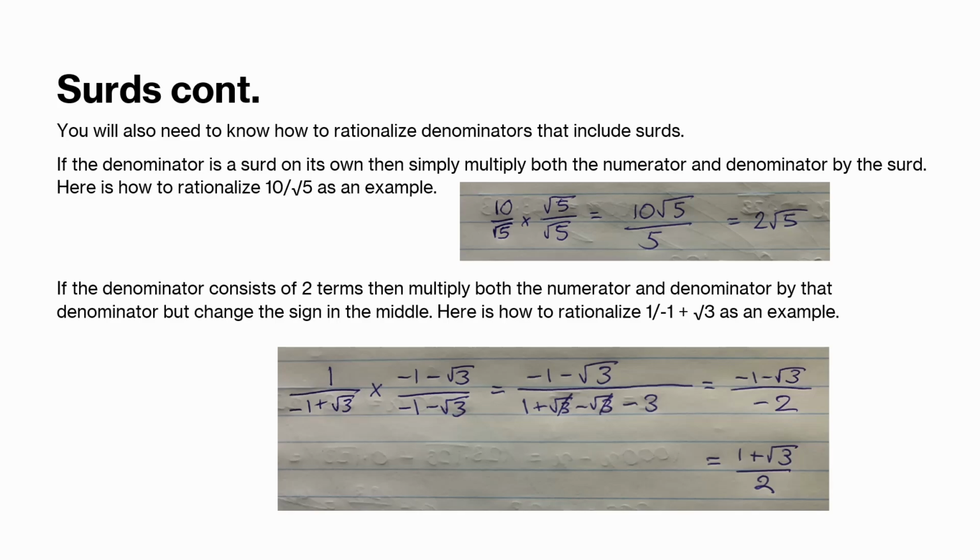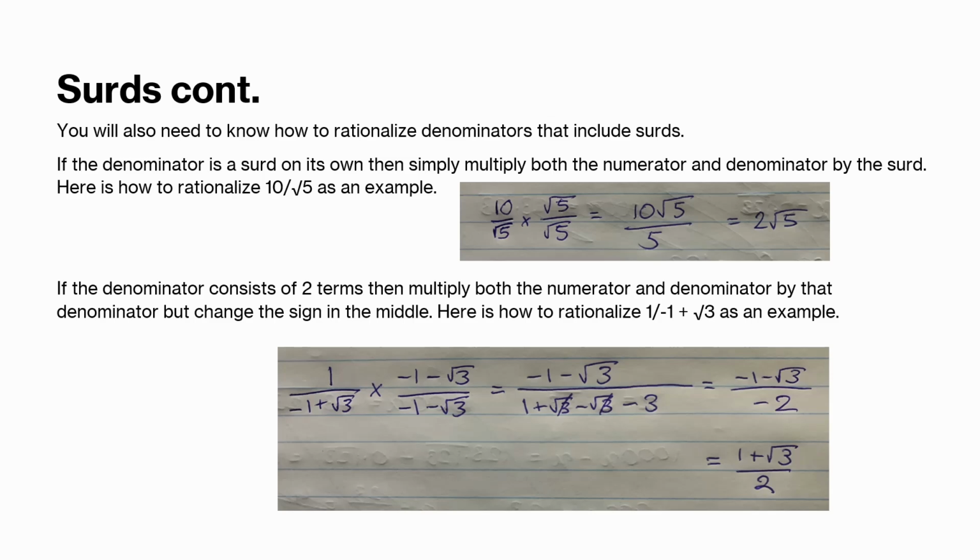Now if the denominator consists of 2 terms, then you multiply both the numerator and the denominator by that, but make sure to change the sign in the middle. So in this example, we have 1 over minus 1 plus root 3. We'd multiply that by minus 1 minus root 3 over minus 1 minus root 3 instead of plus root 3, sorry. You would get minus 1 minus root 3 over 1 plus root 3 minus root 3